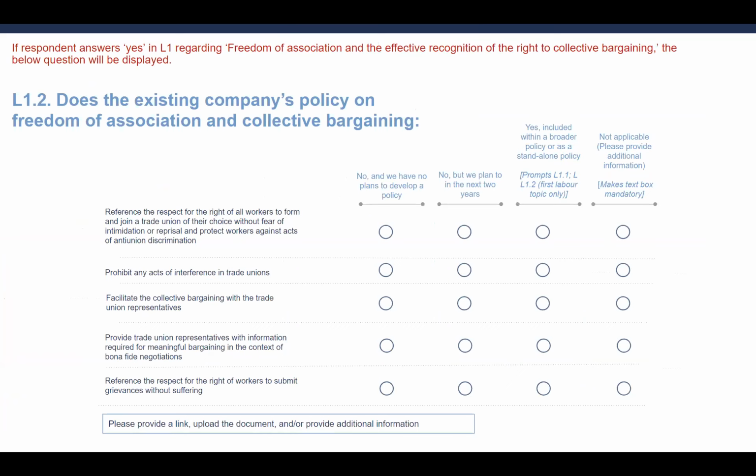The question L12 asks about more information on the company's policy on freedom of association and the right to collective bargaining. In the answer choices, some terms appear that we would like to explain here. One answer option refers to prohibiting any acts of interference in trade unions. Interference is any act designed to prevent the establishment of workers' organizations under the nomination of employers or employers' organizations,